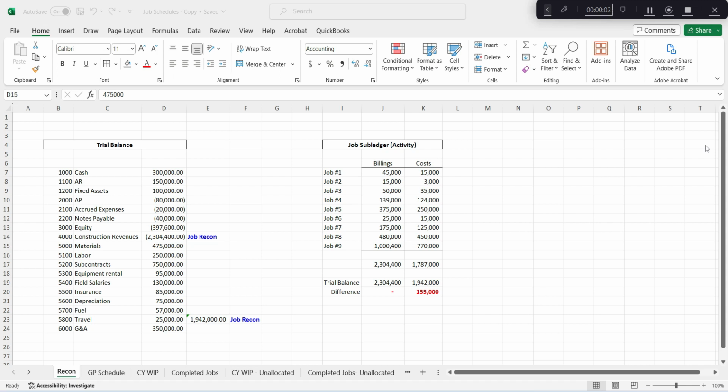As you may know already, unallocated job costs are just costs you've incurred that are not recorded to specific projects. You may have labor, you may have materials, you may have salaries or fuel or travel expenses you didn't record to a specific project. What happens with that typically is your trial balance accounts sum up to a higher amount